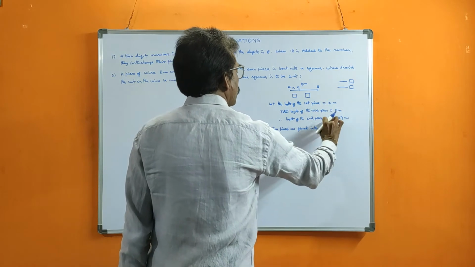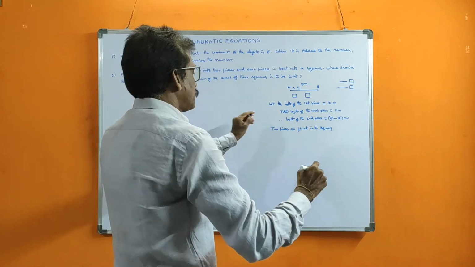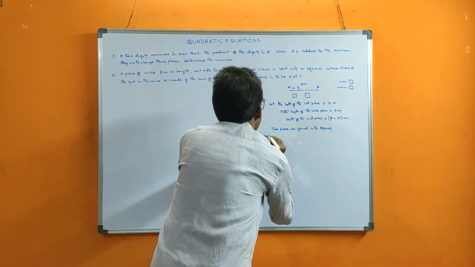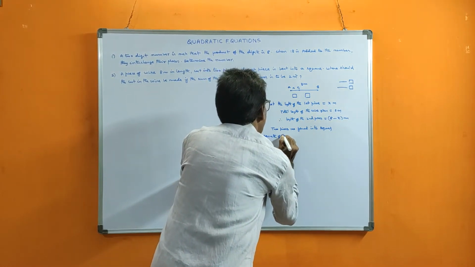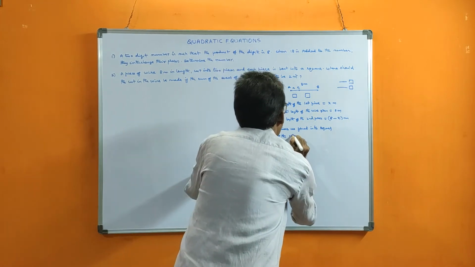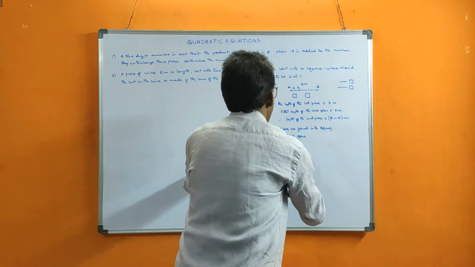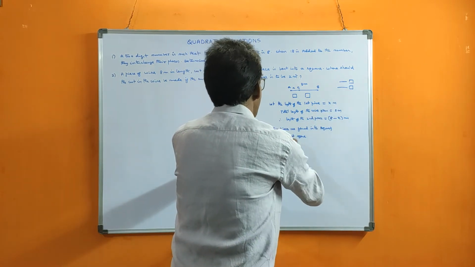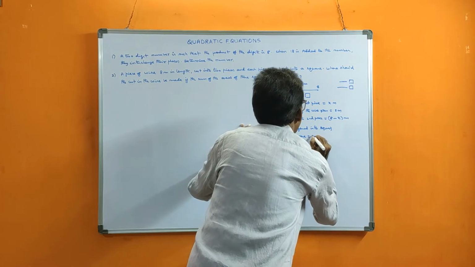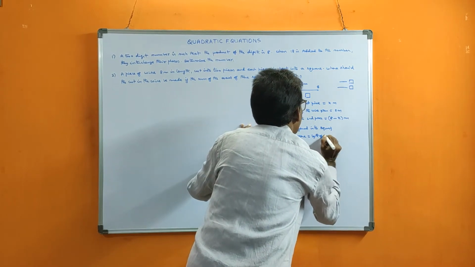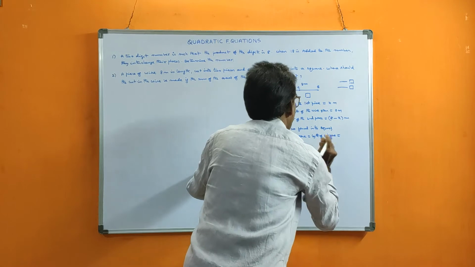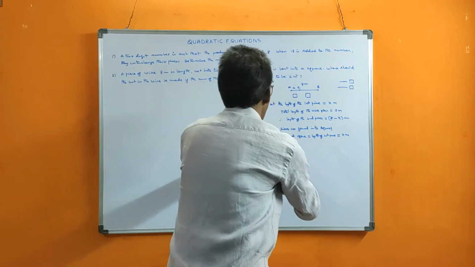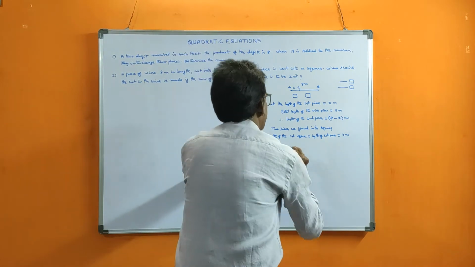First piece length x, second piece length 8 minus x. Now perimeter of the first square. See, perimeter of the first square we bended into squares. So first piece we bended, that's why perimeter of the first square is equal to length of the first piece. Length of the first piece only is perimeter, that is what, x meters. So perimeter of the first square is x meters.